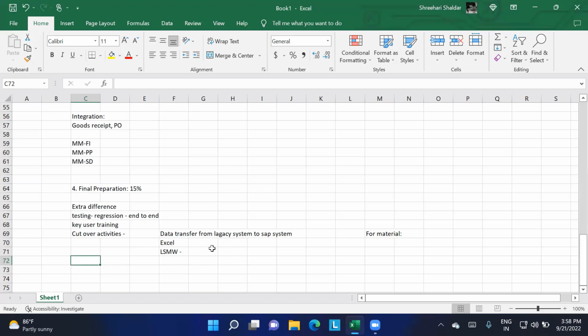And also we will go through certain manual preparation. This is also called end user manual preparation. After that, we have to give the training to the end user as well. Once we provide all these things, testing will be done by the client side also.